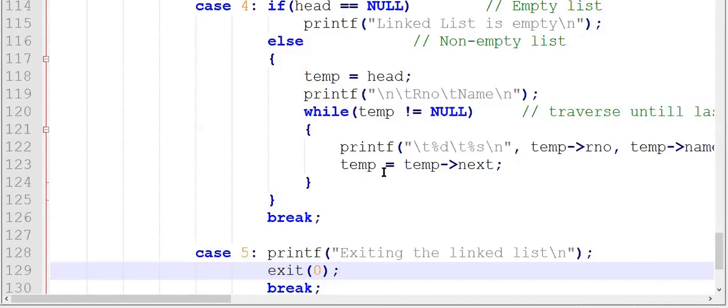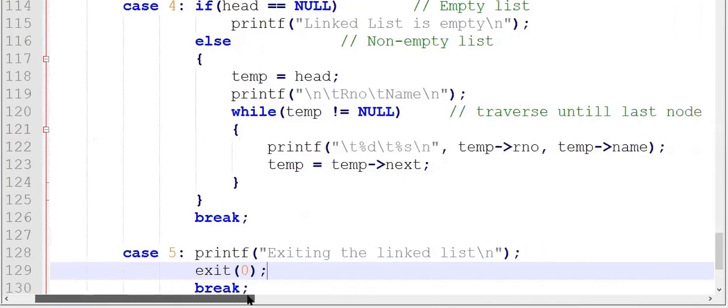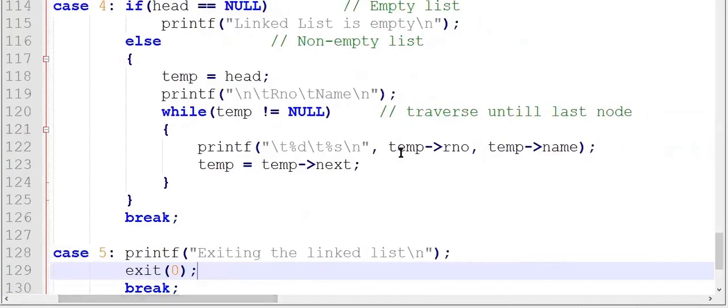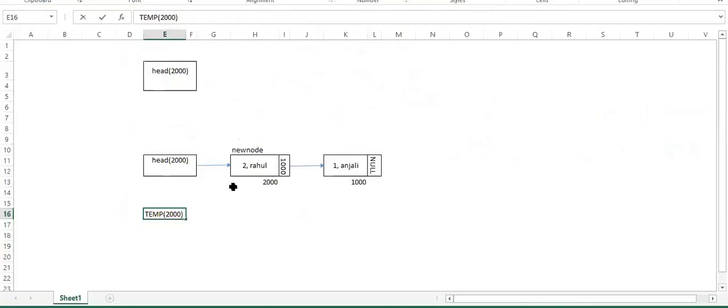In the while loop, we have a printf statement to print temp of roll number. Let us go back to our diagrammatic representation. So temp is pointing to 2000. This is a node at the address 2000. So temp of roll number, the roll number is 2, and temp of name, that is Rahul.